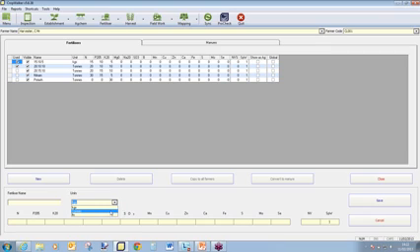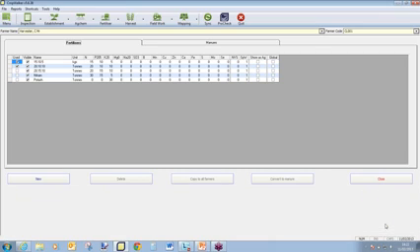I can just change that at this point into either tons or kilos, whatever is required. And once I've entered my fertilizer name and the elements, I click save, that will be recorded in that unit. So if I just cancel out of there,